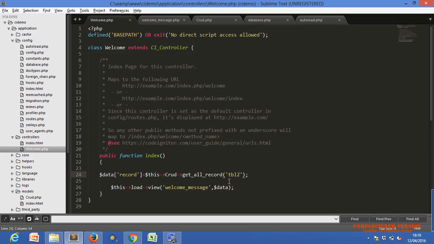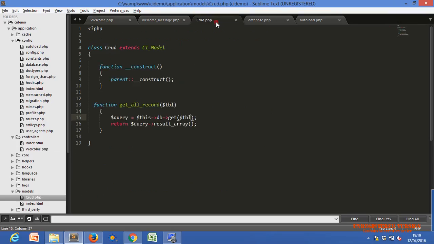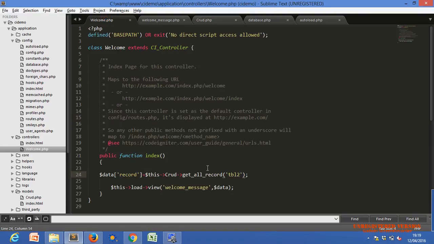So that model function works for different tables. The table name we pass in the argument, this variable will catch that string and pass it in here. So whatever table name we pass when calling this function, it will return that particular table.